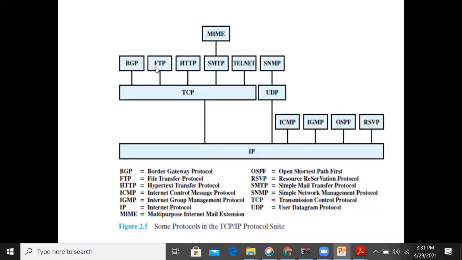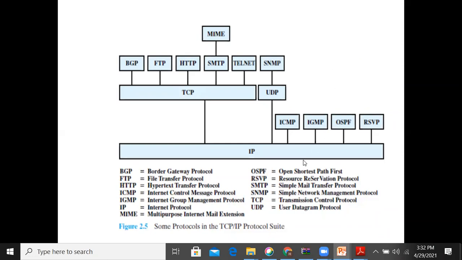Then coming to FTP, File Transfer Protocol, used whenever any file is to be exchanged. If you are downloading any document from the internet, you are doing file transfer from the remote system to your system.